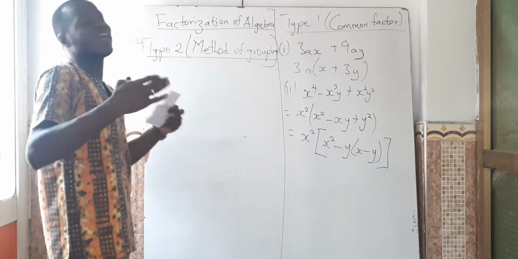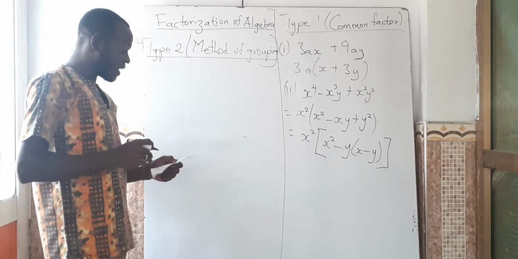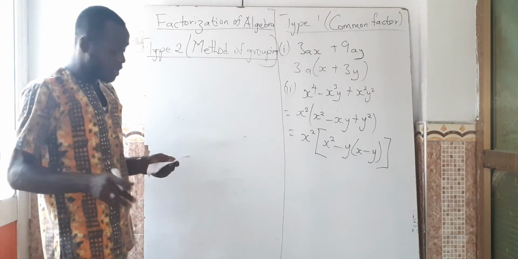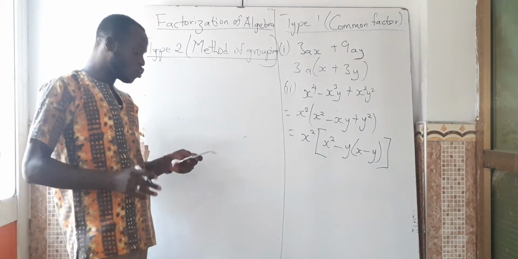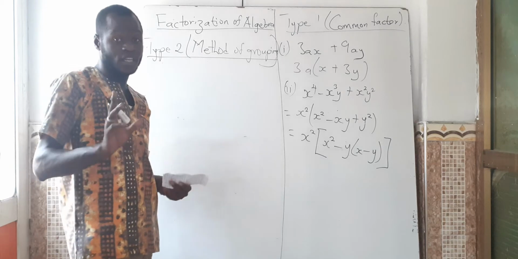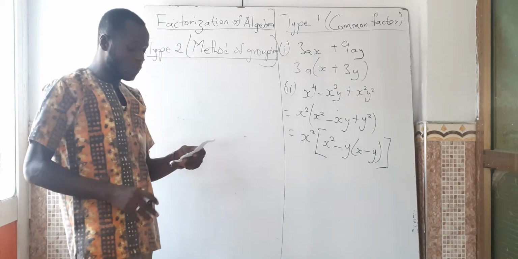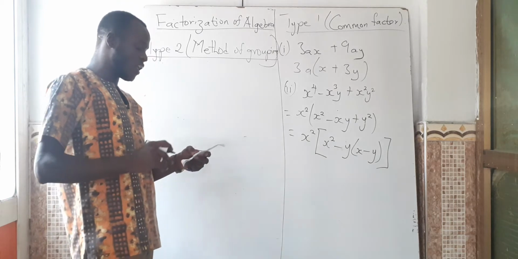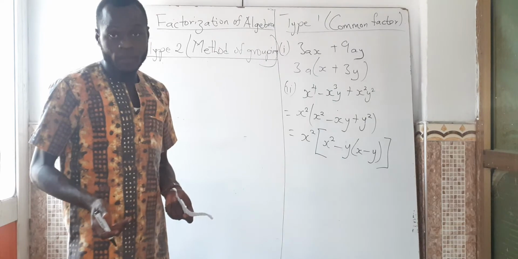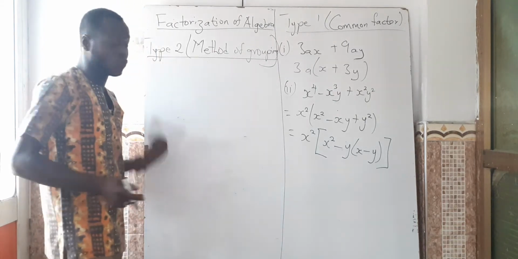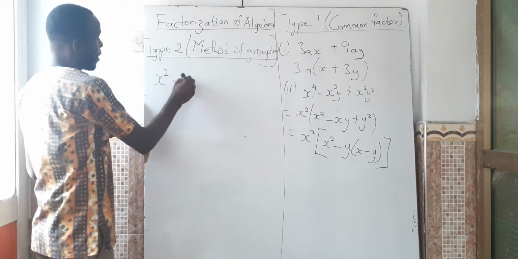Okay, so if for instance there are 4 terms in it, you first group the first 2 terms and then the last 2 terms separately. Next, you factorize each group separately. In doing so, the terms in the bracket will be the same. Then you put the factor in each group in one bracket, then you multiply by the common term in the bracket. Okay, so all that I've read, what it means is, if I have an example like x squared minus